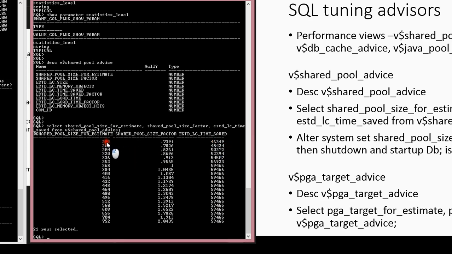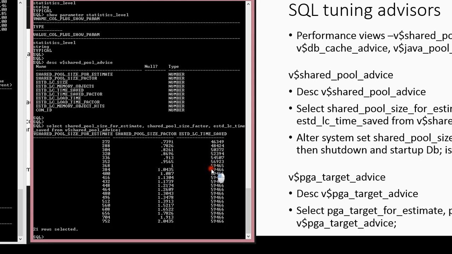Obviously, the less shared pool size you have, you also have a lower value for the time saved. But this is very important. In terms of doing database administration, you always want to figure out which value is